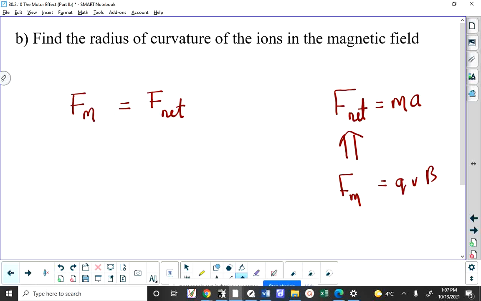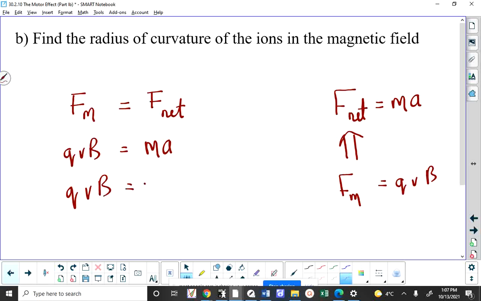So how does this come together? The magnetic force can be calculated using QVB. How do we calculate net force? ma. But the acceleration here is a very unique acceleration. It's called centripetal acceleration. So it's at this point that we rewrite this as QVB equals m a sub c. Look, I could have just written the c above, but I want you to note that the thinking doesn't go directly from the first line to the third line. The thinking is